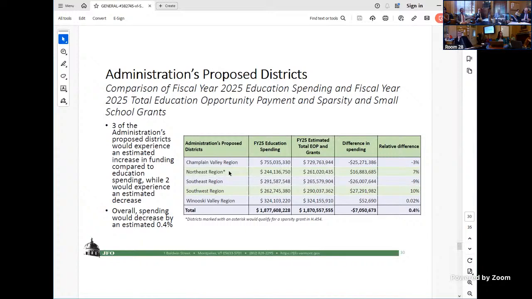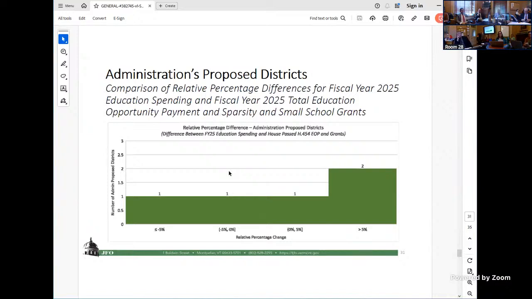Well, but we haven't had JFO do the analysis based on there. Yes, that is correct. We do have some questions that we would need to sort out before we were able to do an apples to apples, do some of that modeling. Yeah, these two you can do because they're concrete, you know, the existing, the House pass.